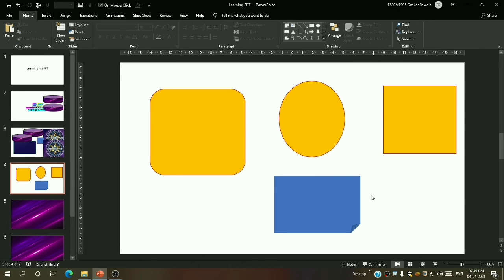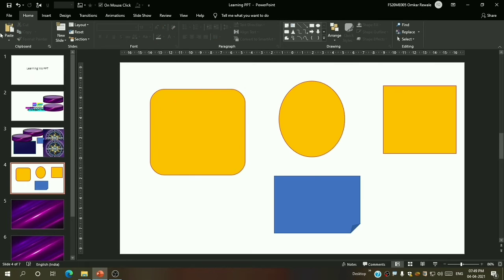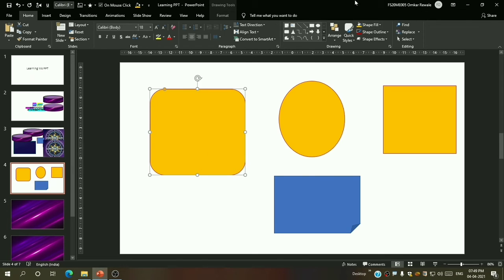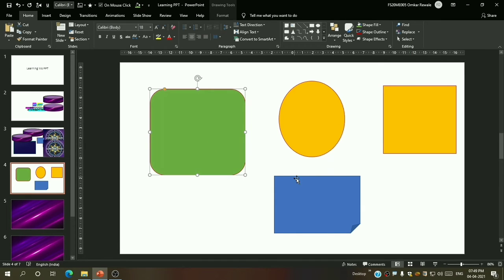Now you can also use one shortcut key for this, and the shortcut key is like copy and paste, only you have to add one key, that is the shift key. For copy we use Ctrl plus C and for format painter we will use Ctrl plus Shift plus C. So let me again change its color to show you. Take green. Now I will press Ctrl plus Shift plus C on my keyboard to copy its formatting value. Now I will click over here and I will press Ctrl plus Shift plus V. Okay, so it was the paste option only, shift is added.